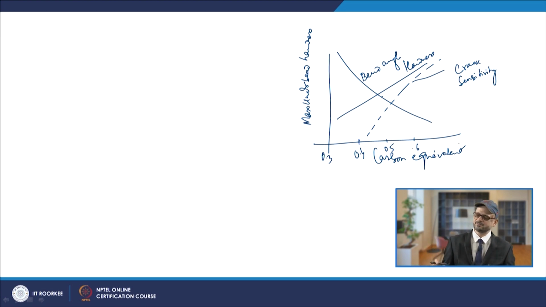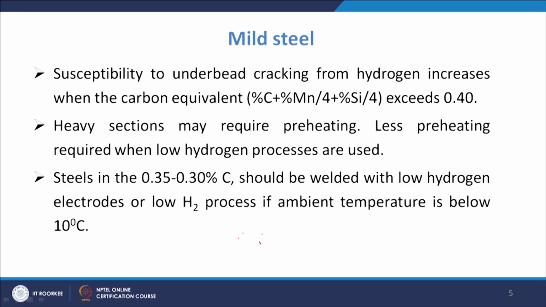So, the crack sensitivity, that is your average underbead crack sensitivity, also goes on increasing. So, that is the effect of the carbon equivalent, and that is how it affects the weldability of the material. So, what we were discussing is that if your carbon equivalent is exceeding 0.4, in that case your underbead cracking from